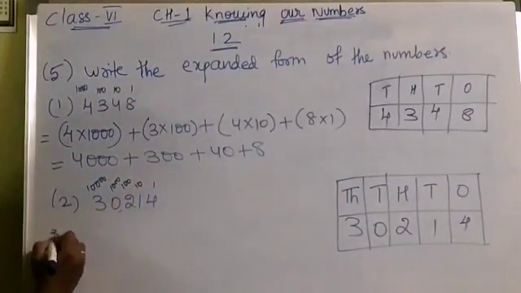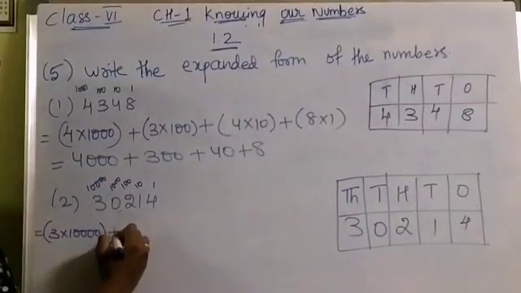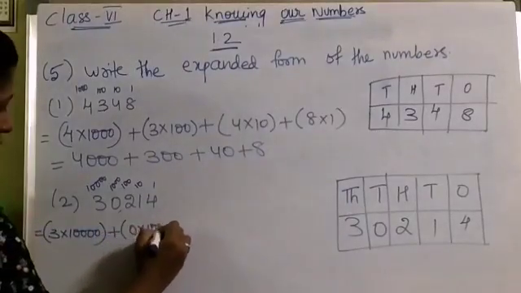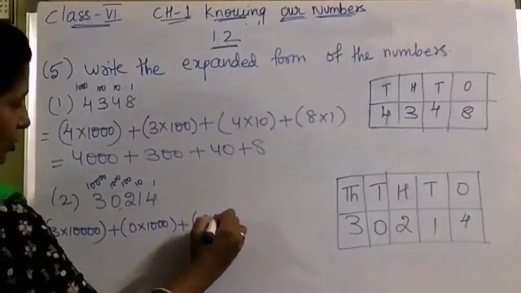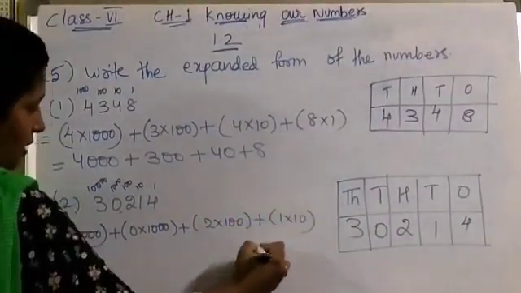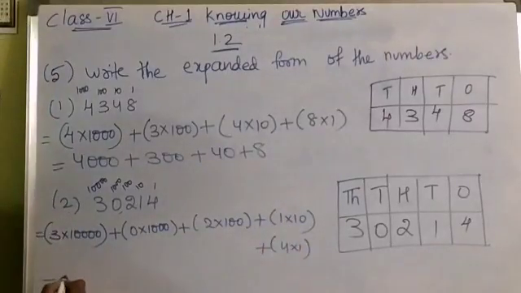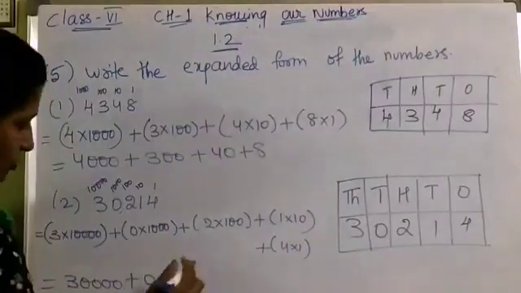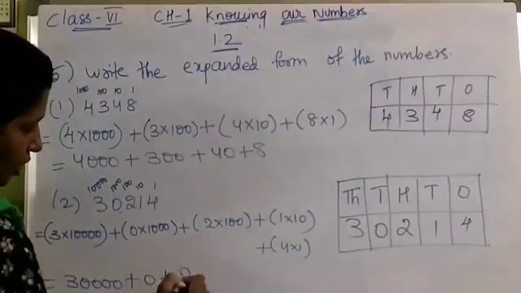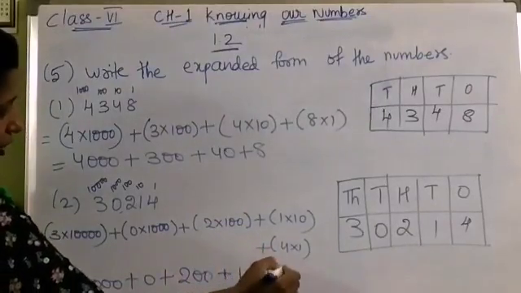So here how you write? 3 into 10,000 plus 0 into 1000 plus 2 into 100 plus 1 into 10 plus 4 into 1. Now 3 into 10,000 how much? 30,000 plus 0 into 1000 gives you 0. 0 into any number gives you 0 only. Plus 2 into 100 how much? 200. 1 into 10, 10. Plus 4 into 1,